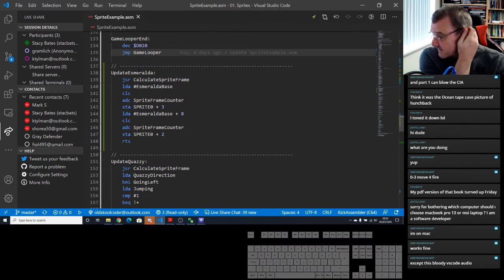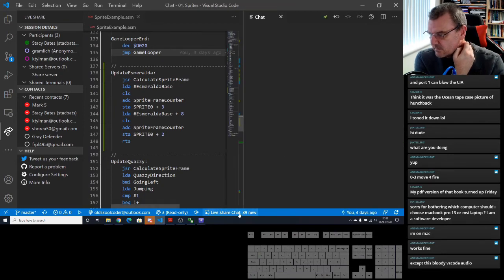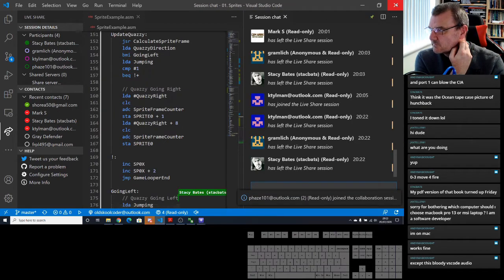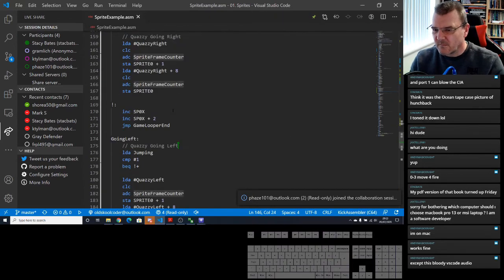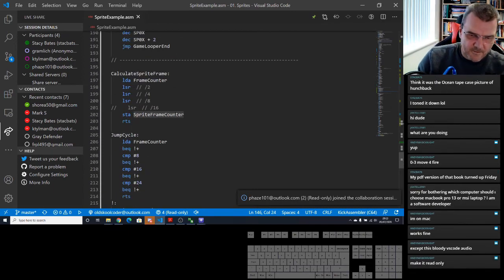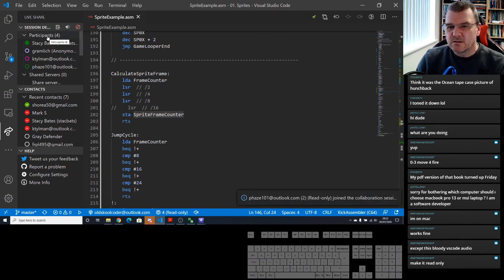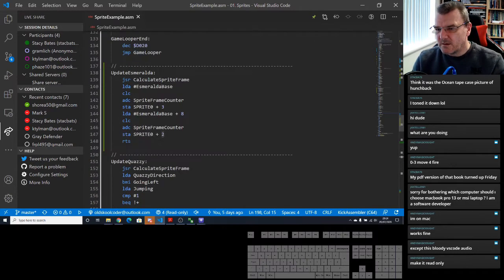We'll have to figure out how to do this without it scrolling me. It is read-only. That's what I don't understand. Everybody's read-only, and I don't know why it's scrolling. Anyway, we'll plod on.